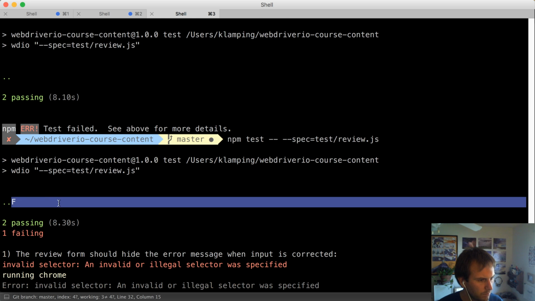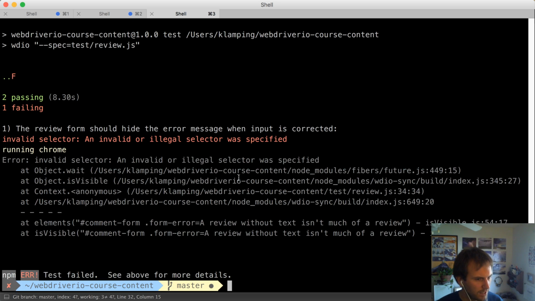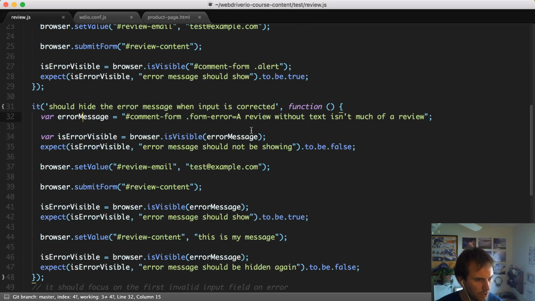Okay, so that last one fails because there was a bad selector. And I'm guessing it was a bad selector because of the combination of comment form space form error. This is a CSS selector. This is a text selector. And I think with both of those, you can't quite combine them that easily. So instead, what I'm going to do